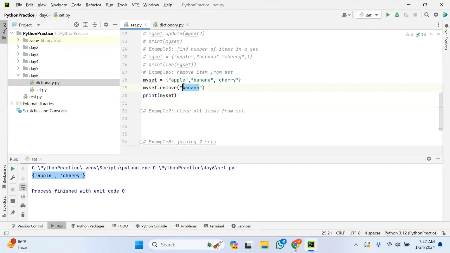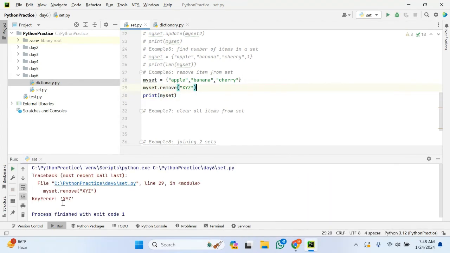But if the particular value is not present, how will the remove function behave? Let us try to see. Suppose x, y, z is the item which I want to remove from this particular set. But this element is not present in the set. So in this case, what will it do? It will try to raise a key error. Let us try to see. If you can see, it has raised a key error because this particular item is not present in